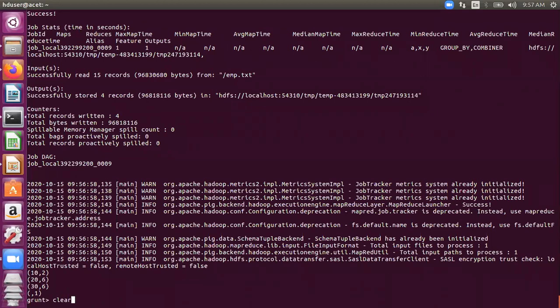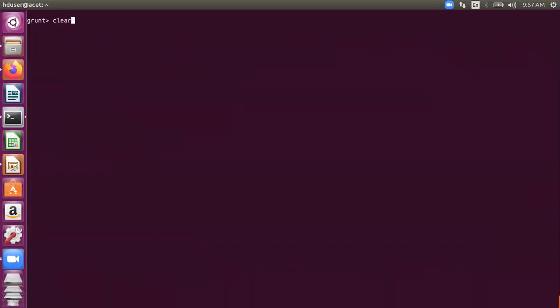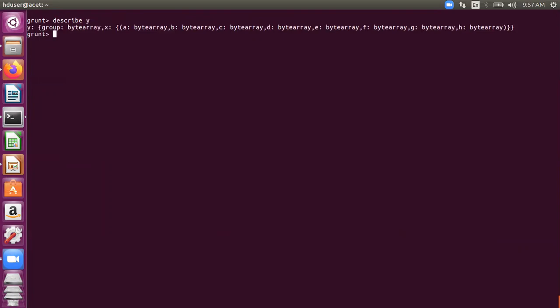So a quick review for some of you who are just finishing your breakfast. What we discussed today was this. We loaded a file m.txt into relation x, then we displayed its contents, then we grouped it by the last column, that is h, that is the department number. So if we describe this new relation, it will have 2 columns. One is named group, the other one is a bag with the name x, that is the name of the original relation, and it contains all the columns of that relation. So you can perform summary operations on this bag. The summary operations could be count, count star, sum, average.